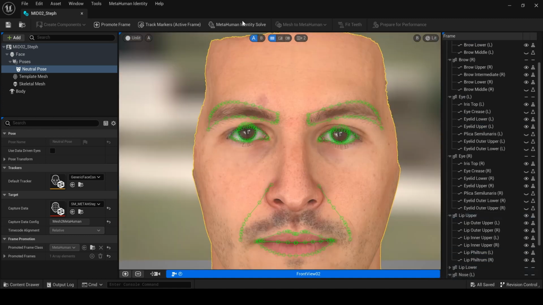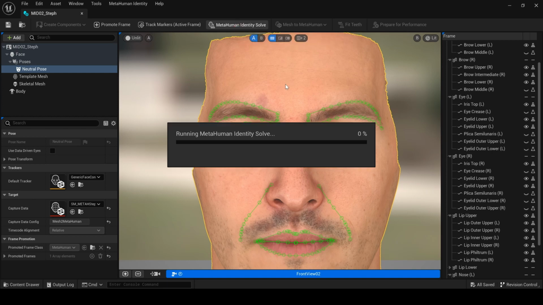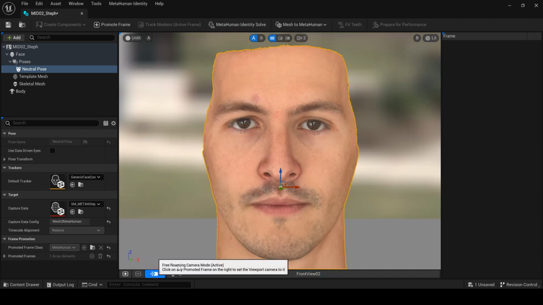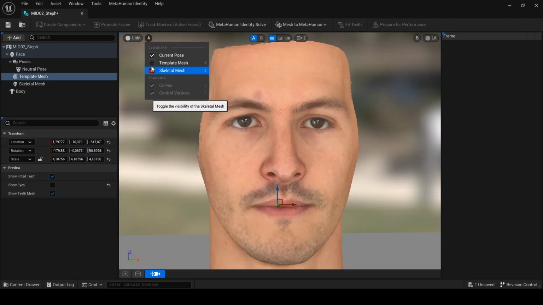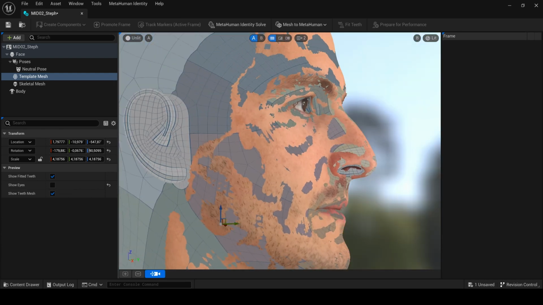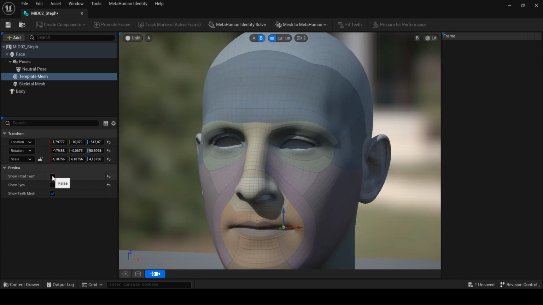Once you're happy with the results, you can just click on Metahuman Identity Solve. After waiting a little bit, you can unlock your camera by clicking on the icon with the cursor and the camera. You can now see the results by alternating views using icons at the top of your viewport. If you select the template mesh from the outliner on the left side, you have the option to activate eyes